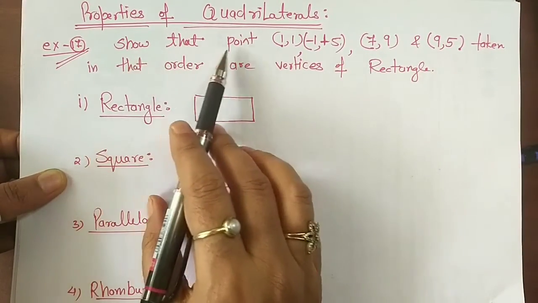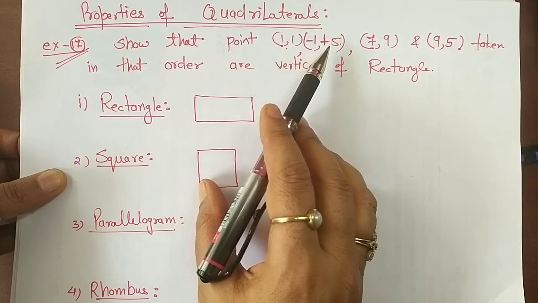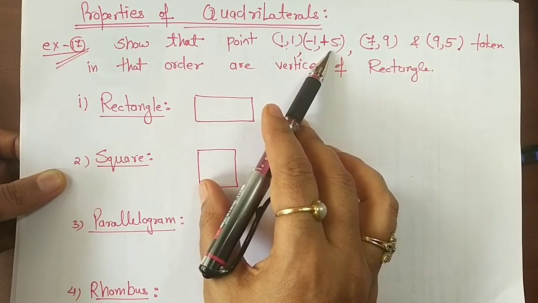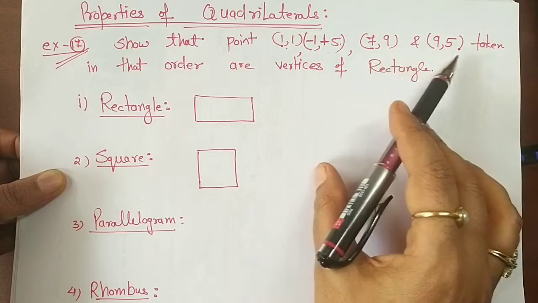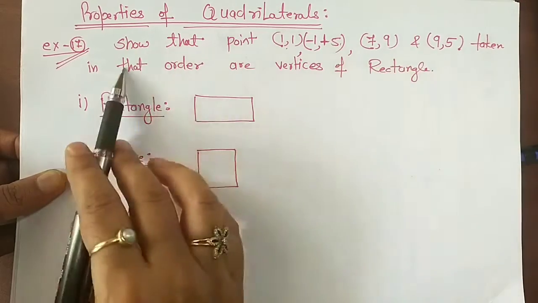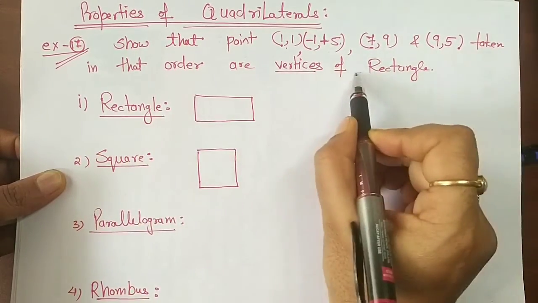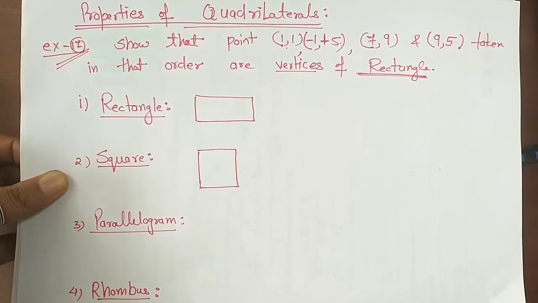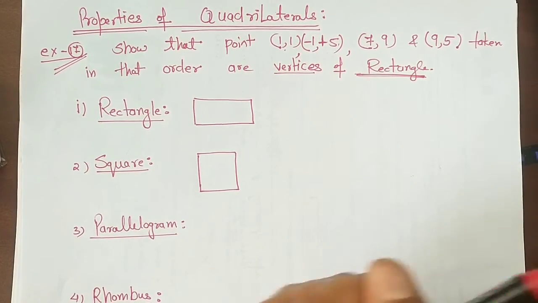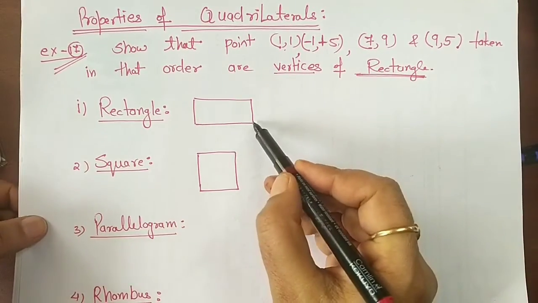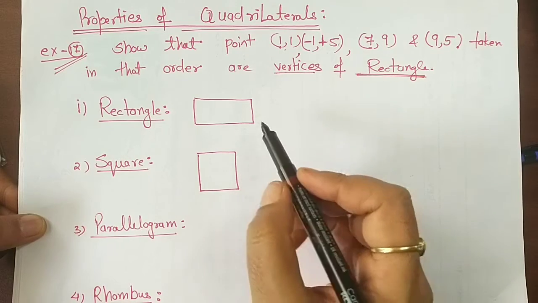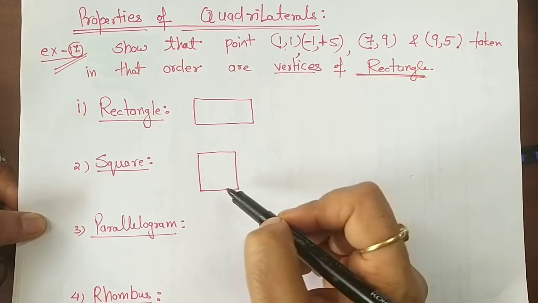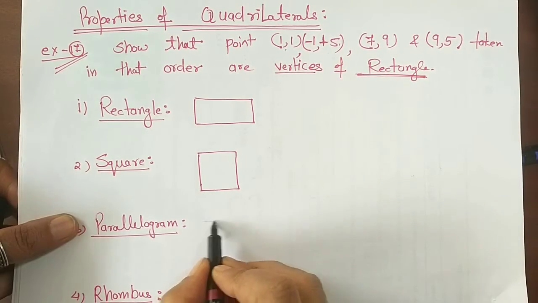It says show that the points (-1, 5), (7, 9), (9, 5) taken in order are vertices of a rectangle. So before proving any particular shape, we must know a few properties of different shapes. The most common shapes that you would come across are rectangle, square, parallelogram